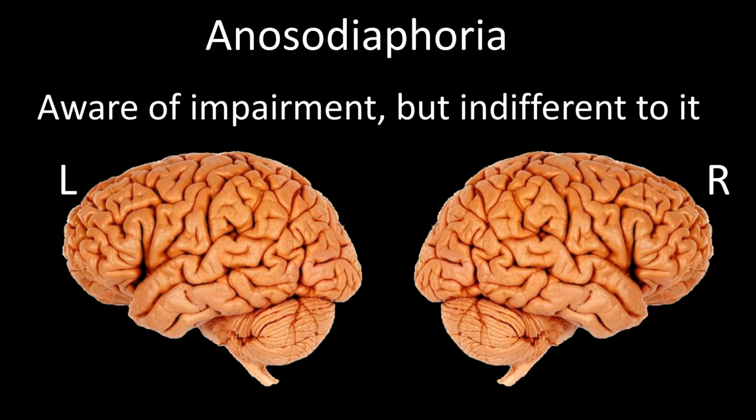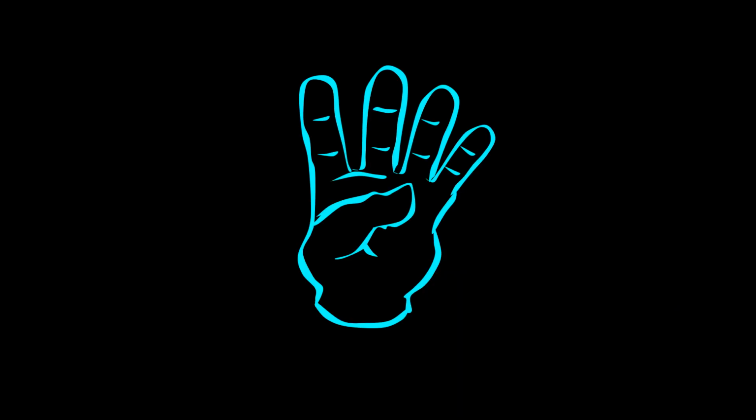Anosodiaphoria has occurred in patients with right hemisphere lesions at multiple sites. Lesions producing anosodiaphoria have been reported mainly in the right parietal region, but also in the temporal lobe. The fourth answer is